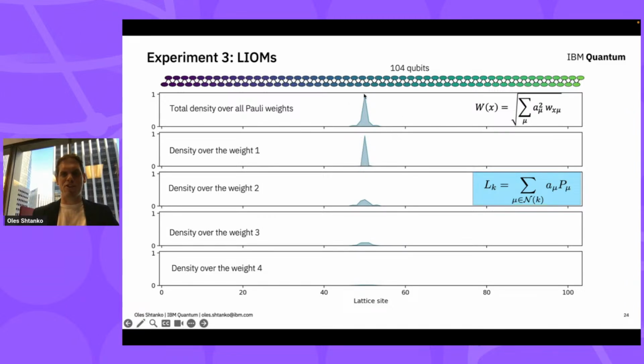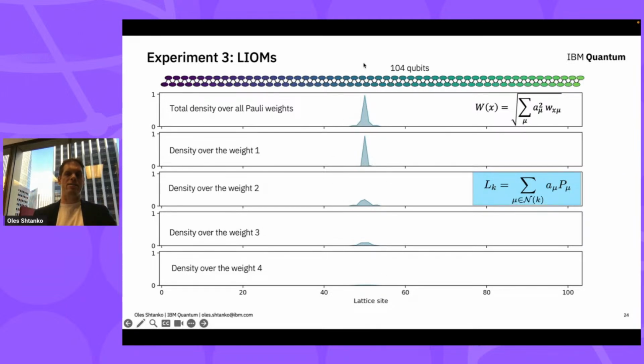It has exponential shape in space, where what we depicted is essentially a function which shows us how strongly it acts on different qubits. And it's localized definitely in space, but you can also show that it's localized in what we call the Hilbert space. For example, you can look at the contribution to this local integral of motion from 1, 2, 3, and 4 qubit Paulis. And you see it also gets exponentially small as you take more and more non-local Pauli operators.